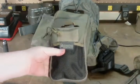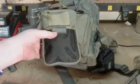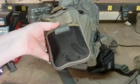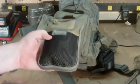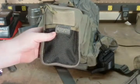I have, you've probably seen this bag before. I no longer have a fire kit that needs to be this big. My fire kit is extremely small now, so I don't really have a need for something this large. That fire kit was actually the first video I ever did for YouTube, and I've learned a lot, and the more I've learned, my kit has gotten much smaller, and I no longer need